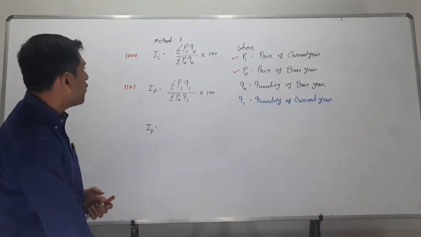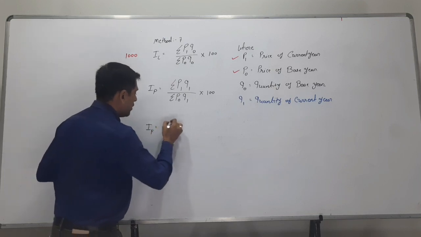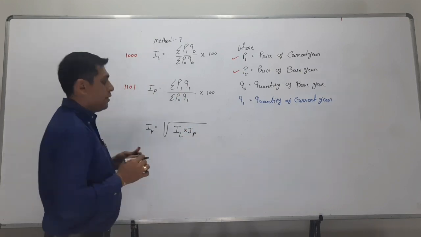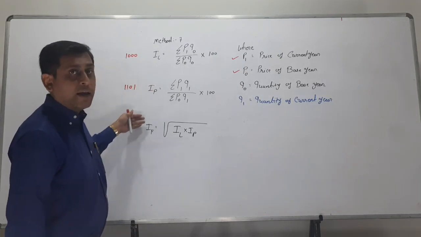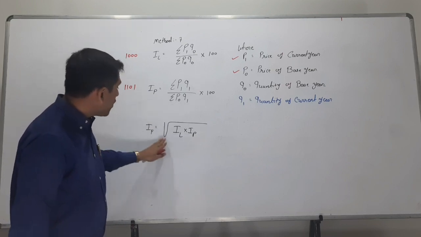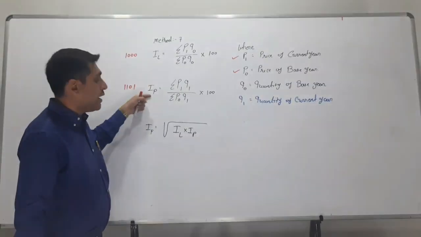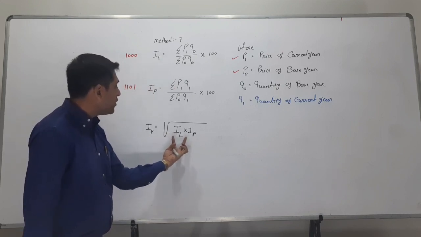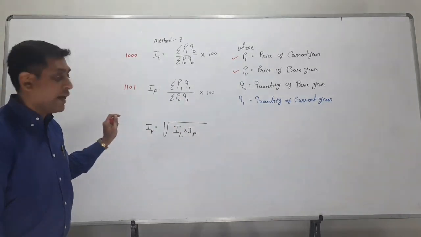Now see the Fisher's formula. Here in Fisher's formula, if they ask that find out all these three, that is last year's formula, then past year's formula, and then find out Fisher's index number, right? Then you can use this formula, because first of all you have to find out the last year's index number, then the past year's index number, and multiply the answers of both written here, and the square root of this is your Fisher's index number.